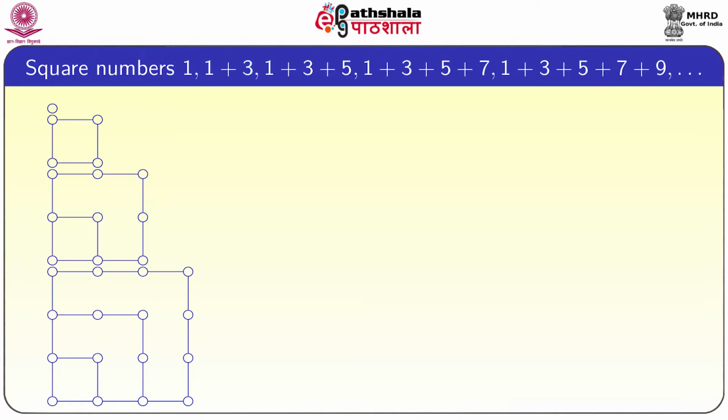Similarly, square numbers. First 1, then I am adding 3. So, 1 plus 3. If you look at the third square here, that means one dot and the square, then another one contains 2 squares, one square inside. First corner 1 point, then 3 points, that small square will be formed with 4 points. Now, the remaining, how many points did we add? 1, 2, 3, 4, 5. So, total 1 plus 3 plus 5. If you look at the last square, that is 1 plus 3 plus 5 plus 7.